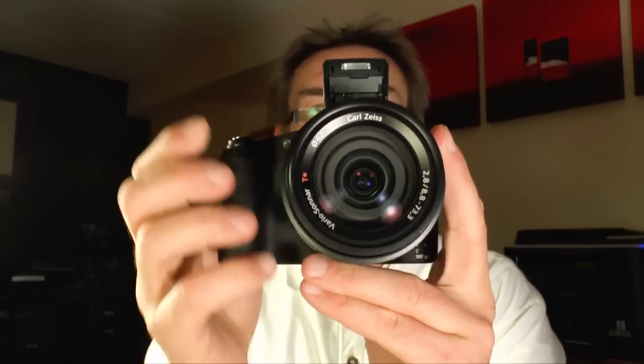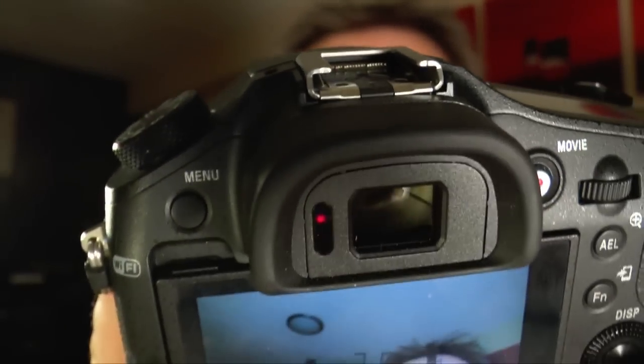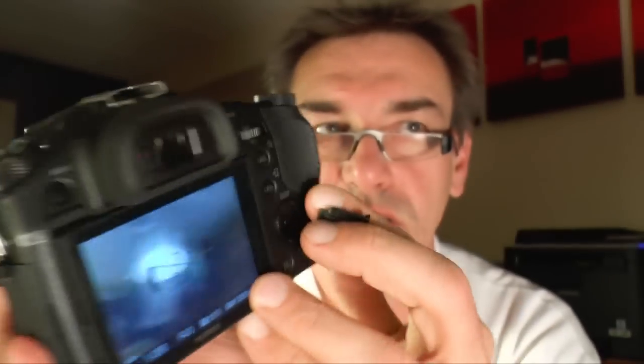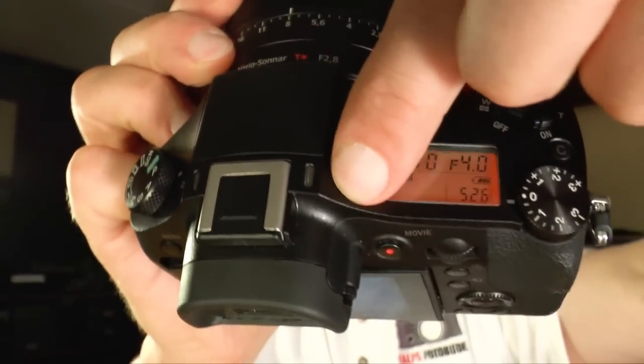Yeah, one thing I should show you also is the flash. It's a really small flash, so you should not expect too much light from this one, but you have the flash shoe, and it's not only a flash shoe, it's an accessory shoe. You see, you have these small contacts there on the back side of the flash shoe, so you can use different stuff from Sony, lights, and any accessory stuff from Sony, which you can put here on top of the camera. And one really nice feature is you can light up the display, the top display, just by pressing the